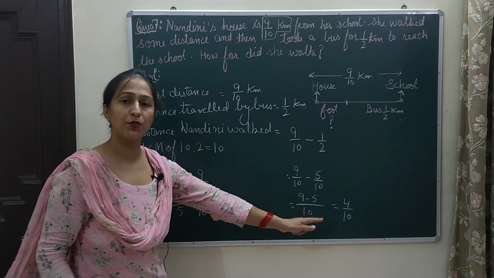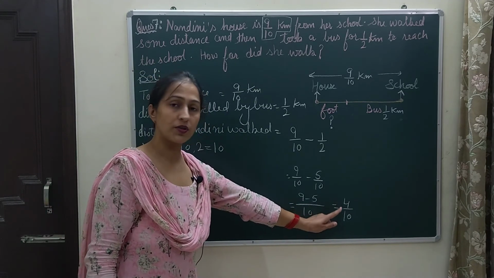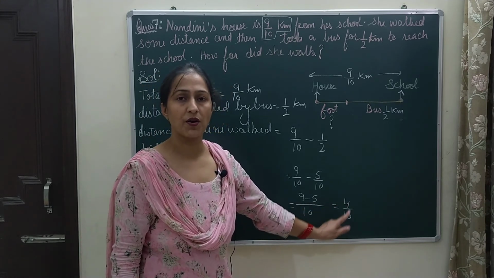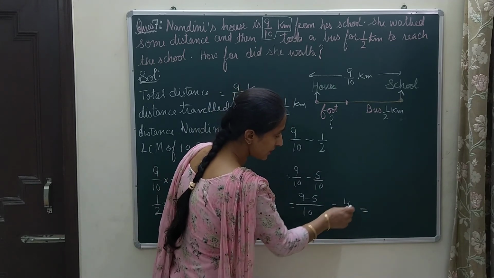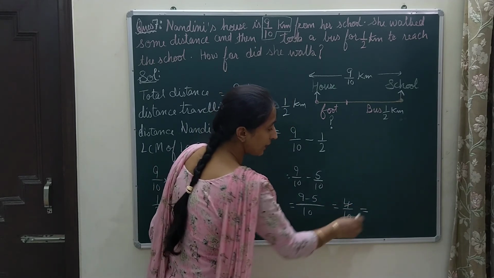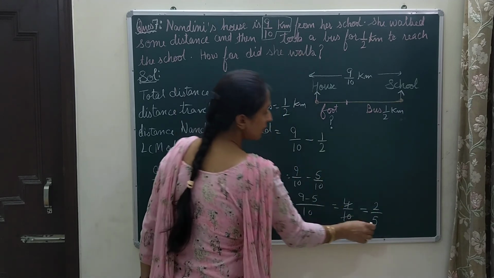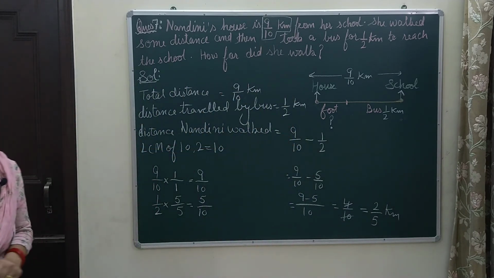As I have already told you, whenever you have improper fractions, we need to convert those, and whenever your answer is not in the simplest form, you need to make it in the simplest form. So here it is not in simplest form. I will do cutting by 2 and my answer will be 2 by 5. Here the unit used is kilometers, so my answer will be in kilometers. Thank you.